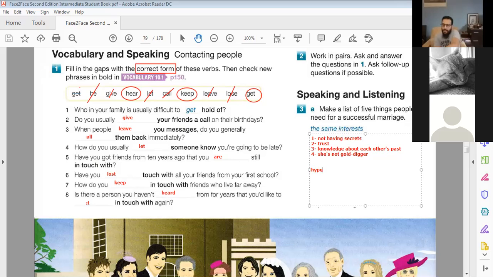Okay, let's hear Noha's opinions. Let's see how close or different they are. What do you think, Noha, for a successful marriage? What should there be between the husband and the wife? Trustful relationship. Okay, so trust again, it comes up.